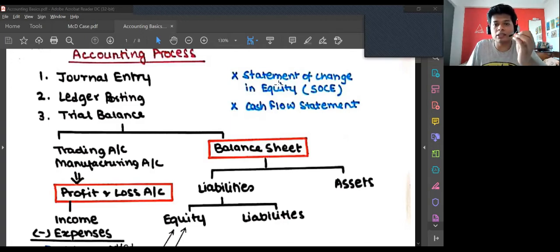Within the balance sheet you have the equity part, so the changes in equity are covered in that part, and cash flow is basically the changes in cash. Cash is also an asset and that also comes in the balance sheet. So these are extensions of the balance sheet in one sense. You guys have to focus currently on the profit and loss account and balance sheet only. Okay.